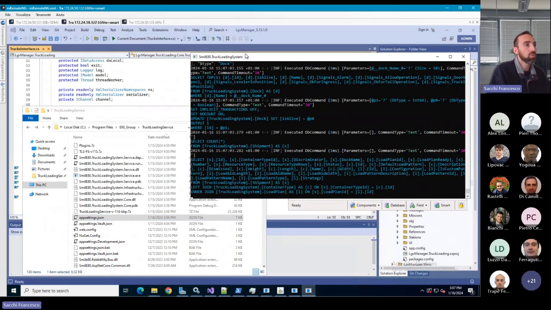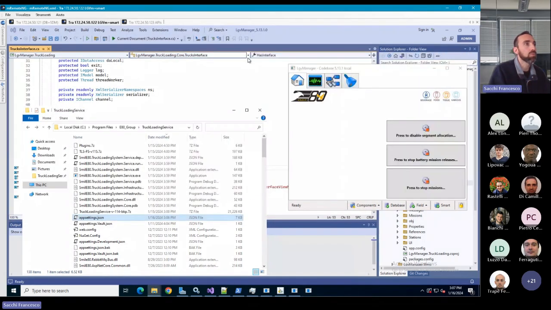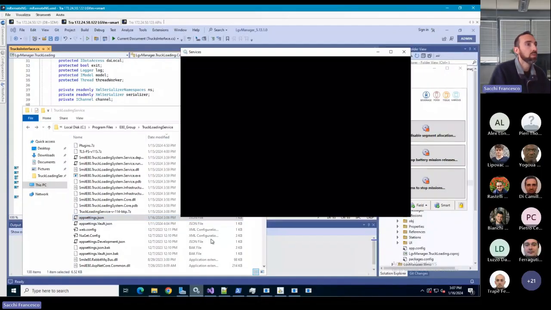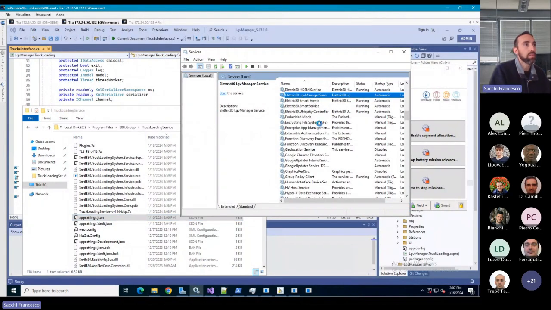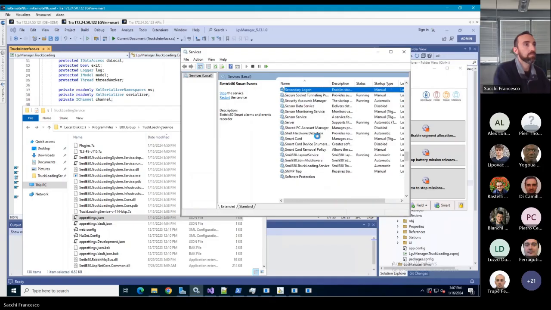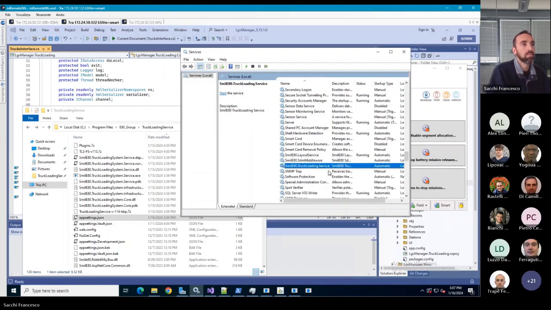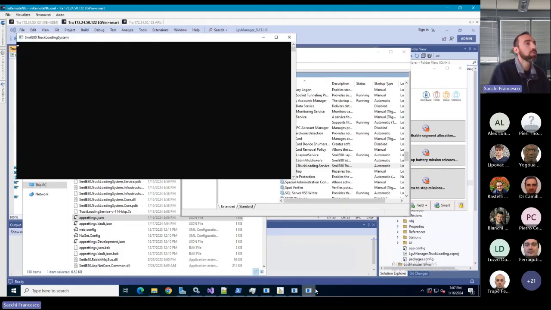Now it's running in console, so I will stop with Ctrl+C, otherwise you have to stop it in the service. Restart the track loading system, and now if I go